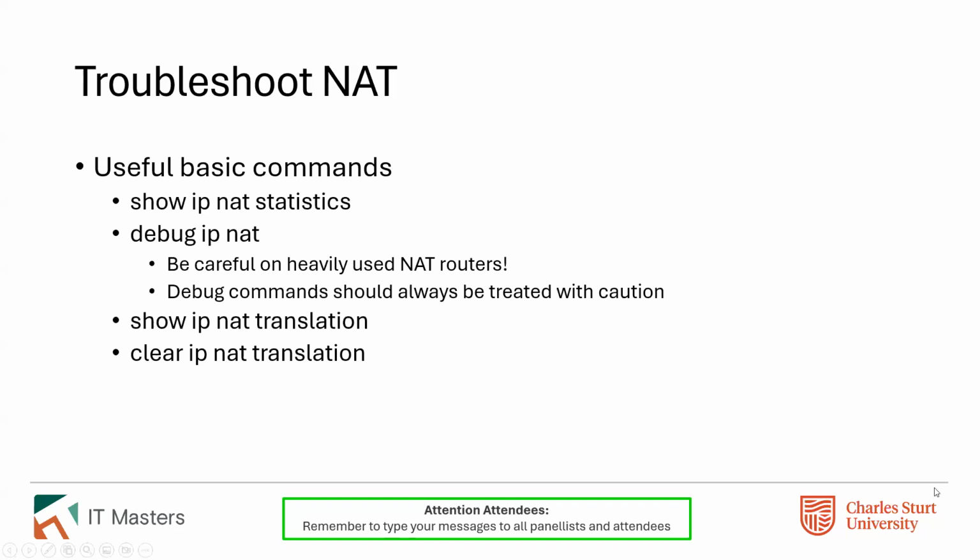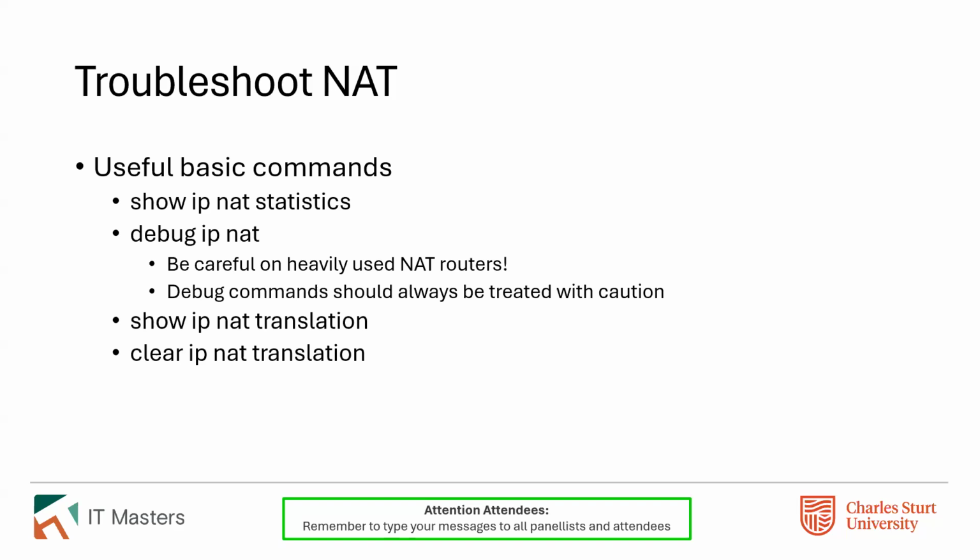Then there's this command, debug IP NAT. Now that will create a lot of logging. It'll actually create a whole bunch of extra log entries in your log files on the router. It's really important to be very careful running that command, because doing so will slow the device down significantly, because it'll suddenly get very busy having to basically write down everything that it's doing. It's a really useful command, but should only be done with caution and only when you're actually trying to troubleshoot a problem that you haven't been able to troubleshoot through other mechanisms.